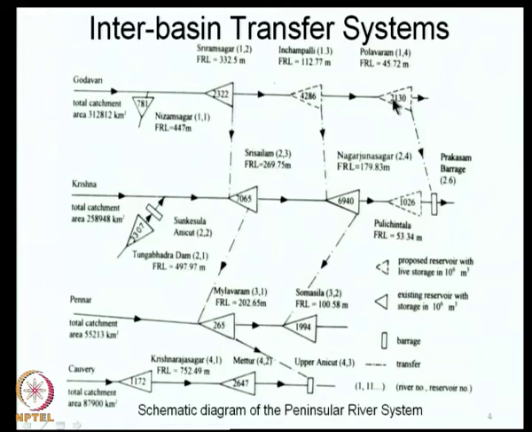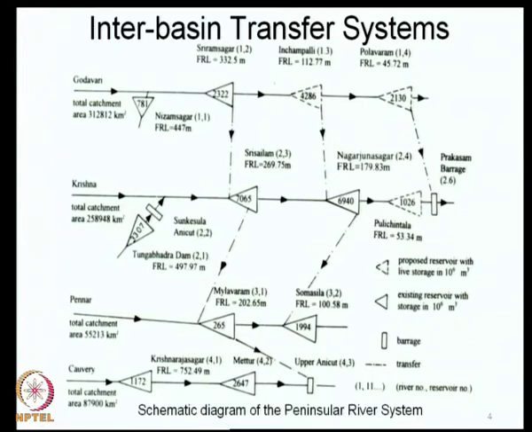So, what do I mean by salient features? We have dealt earlier with features such as the area capacity relationship, the storage elevation relationship, and the hydropower constraints or hydropower features that you have at each of these reservoirs, the type of canal systems that exist, the type of irrigation demands from one time period to another, the type of cropping pattern and so on. All of these are known at each of these locations. Then we are trying to see how we simulate this system. By simulation, I mean how do we reproduce the behavior of the system for a given set of inputs and for a given set of demands.